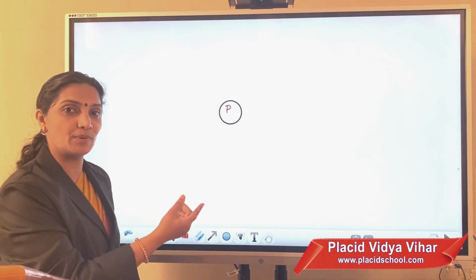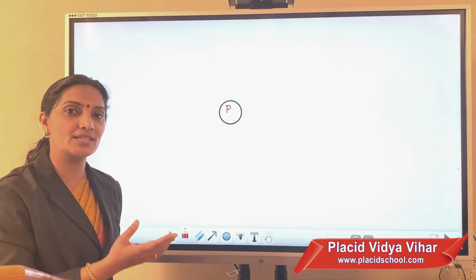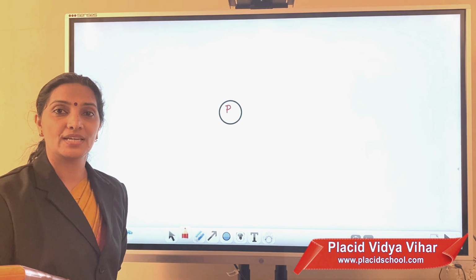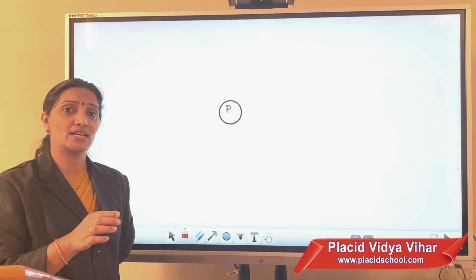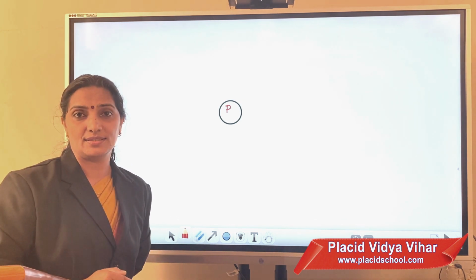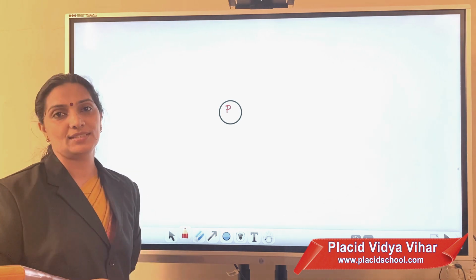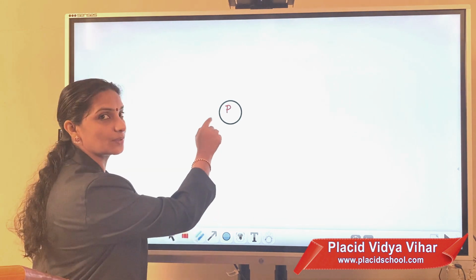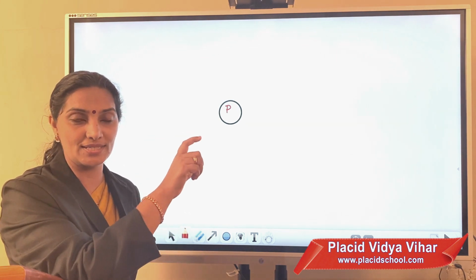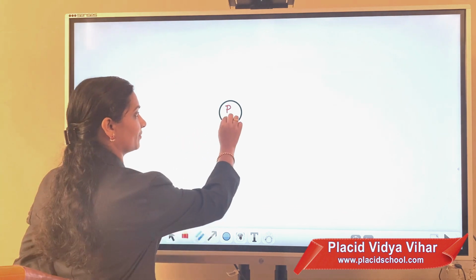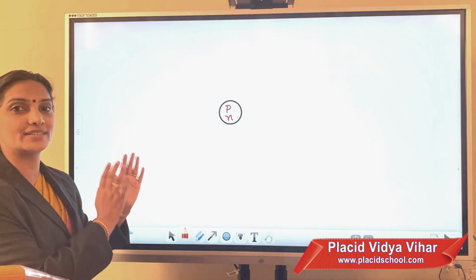Now we go to the next point. The nucleus is heavy in nature. Which particles give mass to the atom? Is it electrons? We studied in the beginning that electrons have negligibly small mass. The total mass of the atom is given by protons and neutrons. So, in addition to protons, one more important subatomic particle is present in the nucleus. It is the neutron. We can write neutron. So, the first point is over.